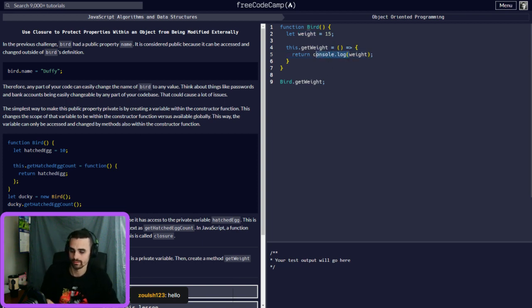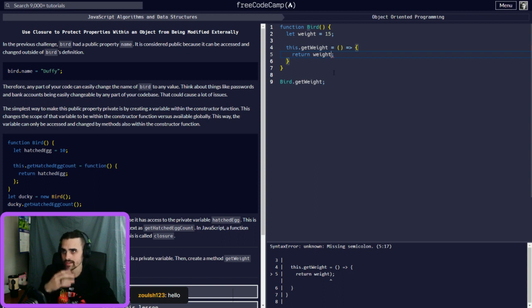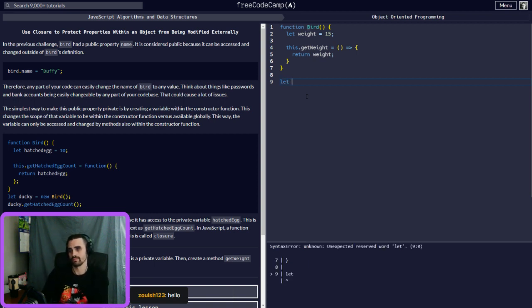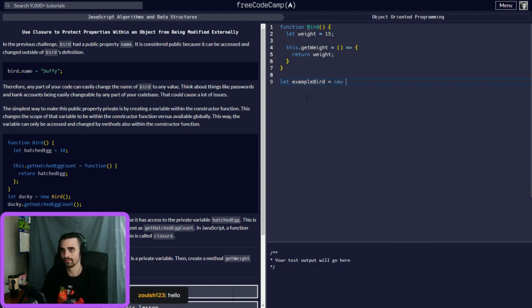It is a function. However, I don't think we made an instance of it. We can't call it without making the instance, because it's a function, or an object. So what we do is we do a let exampleBird equals new Bird. Oh, oops. Bird. There we go.